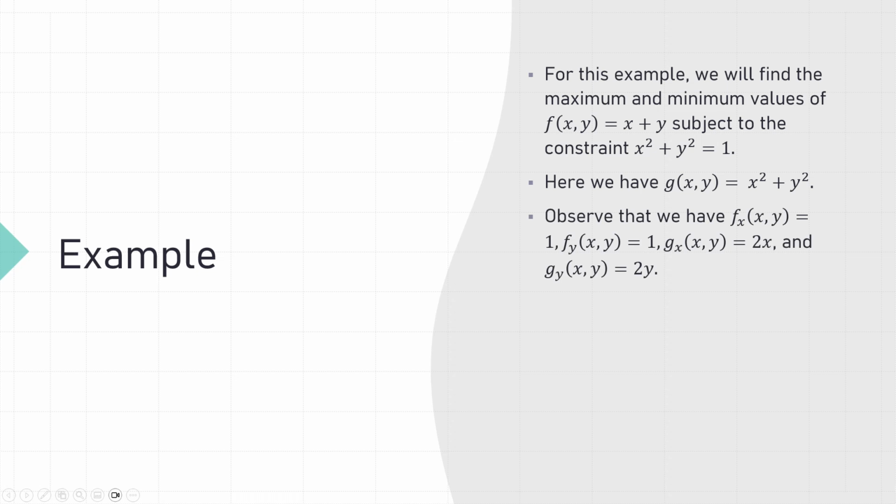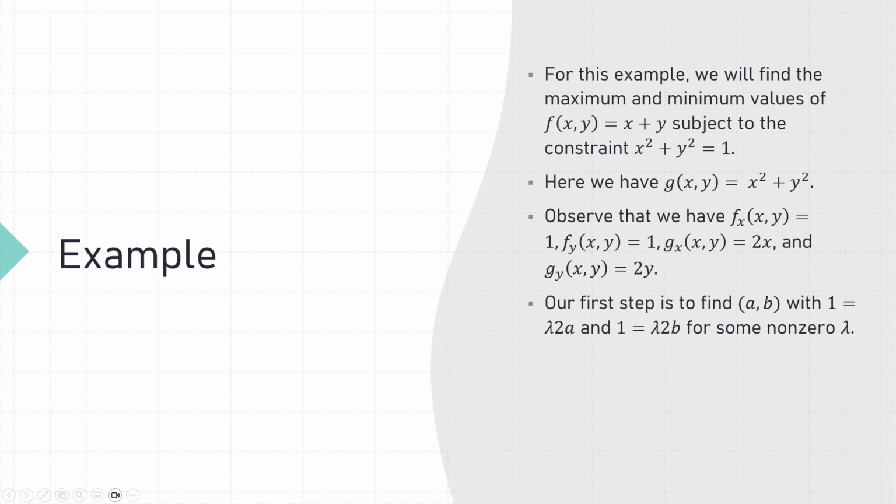Now we take these partial derivatives, they're all easy to take. So the partial derivative of f with respect to x is 1, with respect to y is 1, g with respect to x is 2x, g with respect to y is 2y. So very easy partial derivatives to take. And now we want